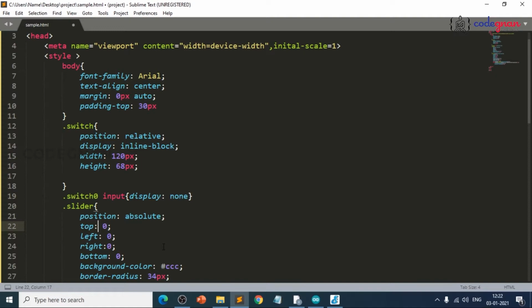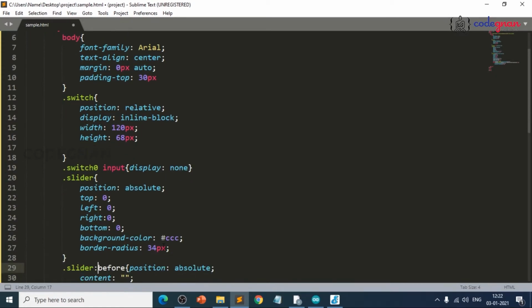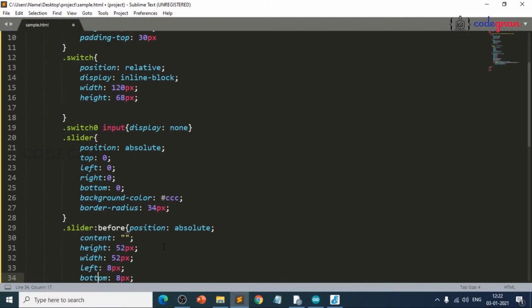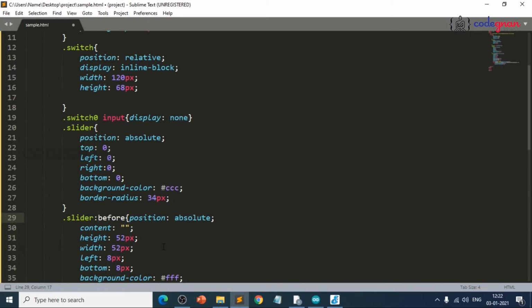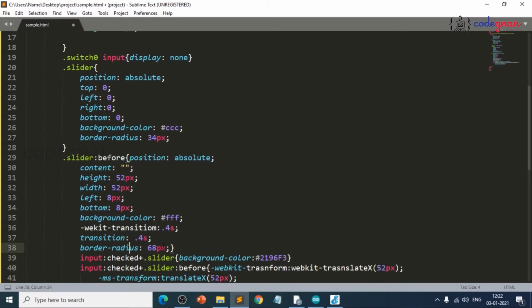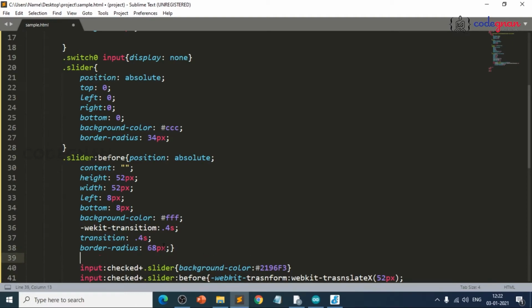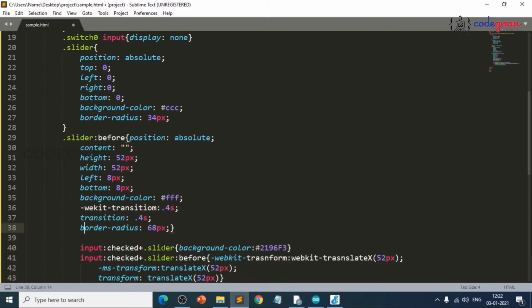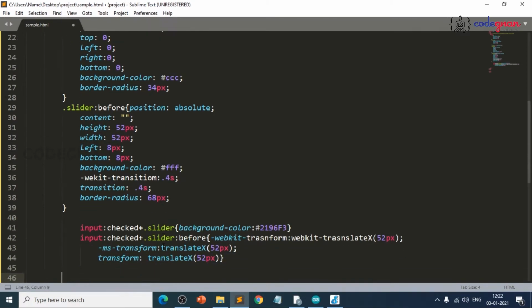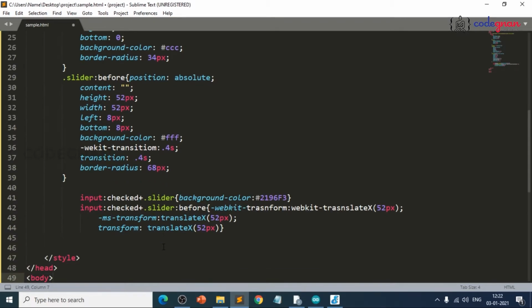For slider I have opened here, and we have closed here. For slider before absolute we have opened here, and we have closed here. For inputs I opened and closed here, and for before, and style we have closed here.